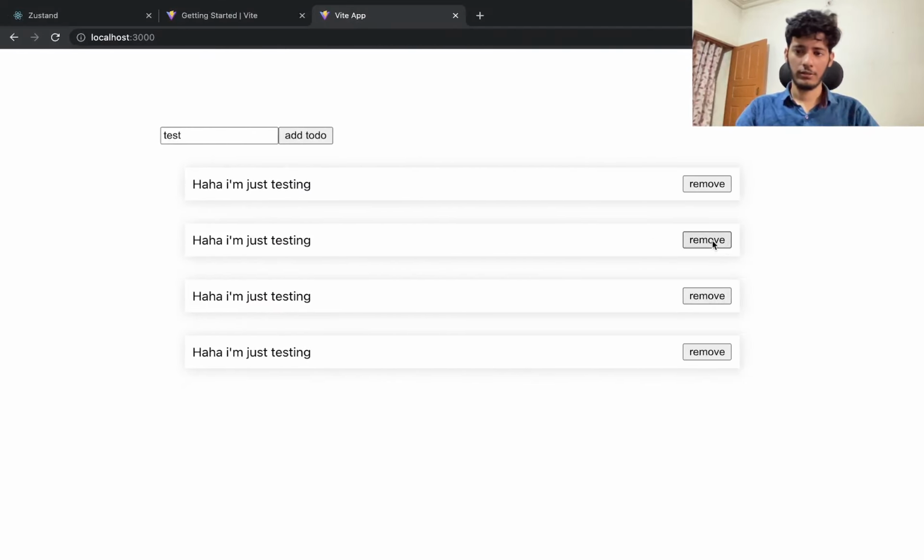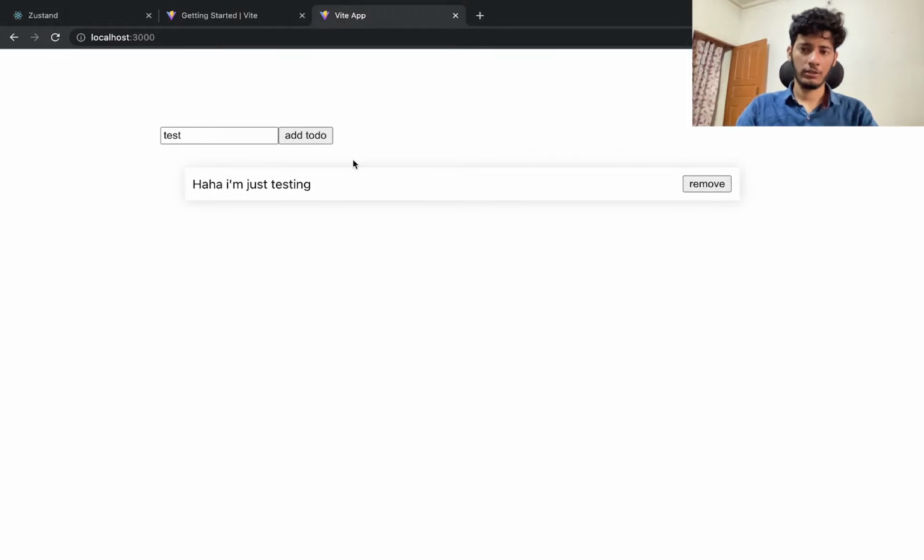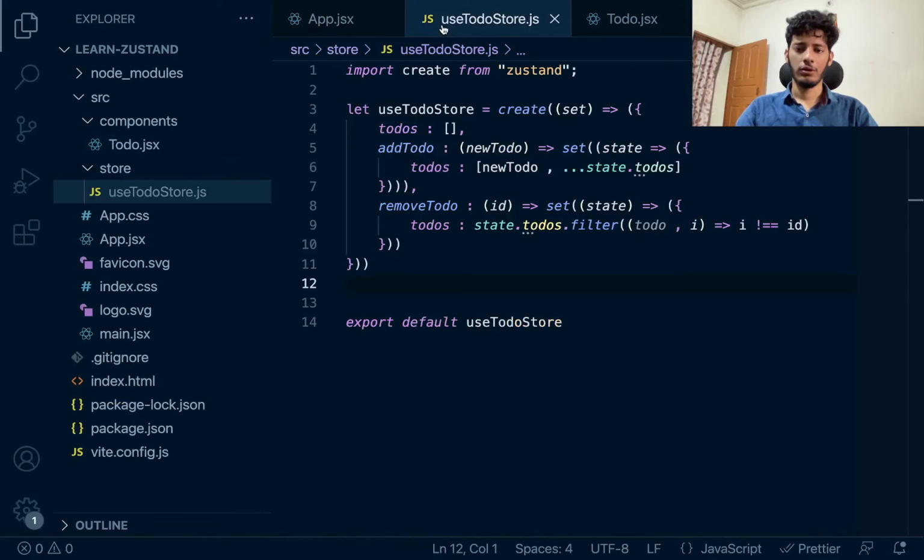Yeah, it works fine. If you're thinking, does it actually work? Okay, the first one is not getting removed. The reason is pretty simple. So the reason is that